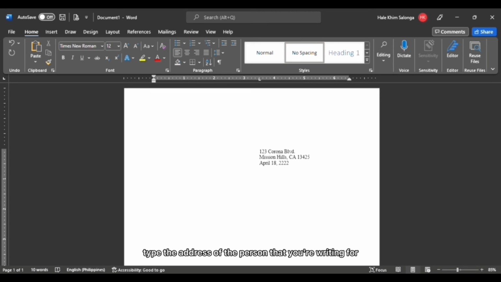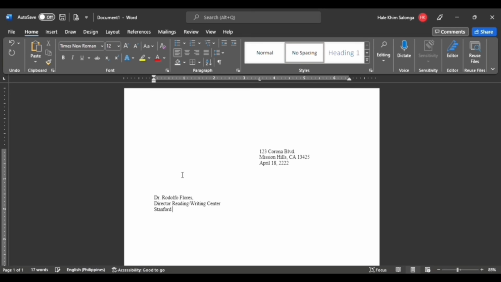Next, type the address of the person that you're writing to. Once you're done, tap the enter key and tap 2 spaces.